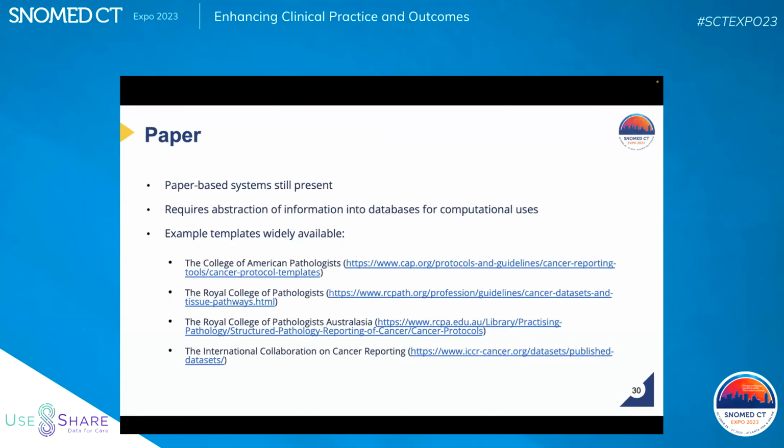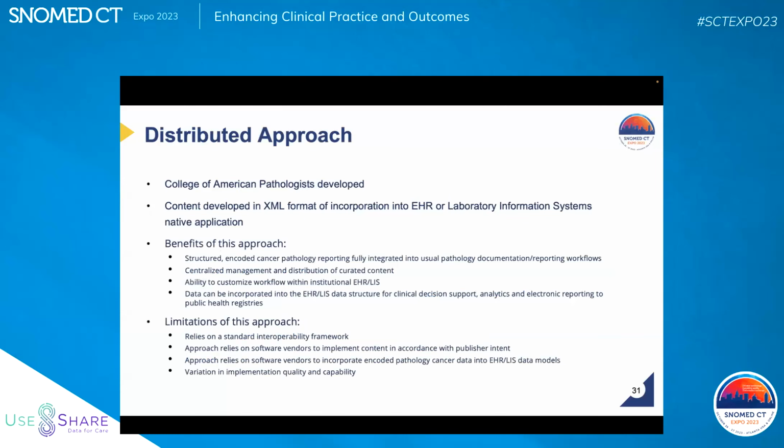All right, so we all know that the paper base still exists. It requires abstraction of data, but here are 4 separate websites to go find templates. The distributed approach, and we kind of talked about that. What are the limitations, the benefits? The benefits are that